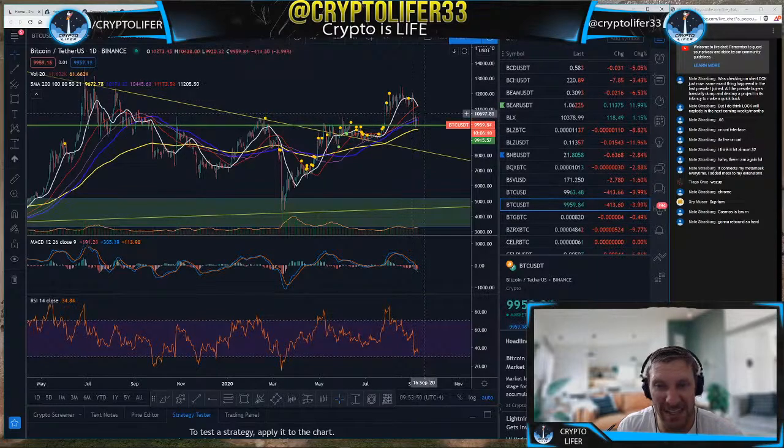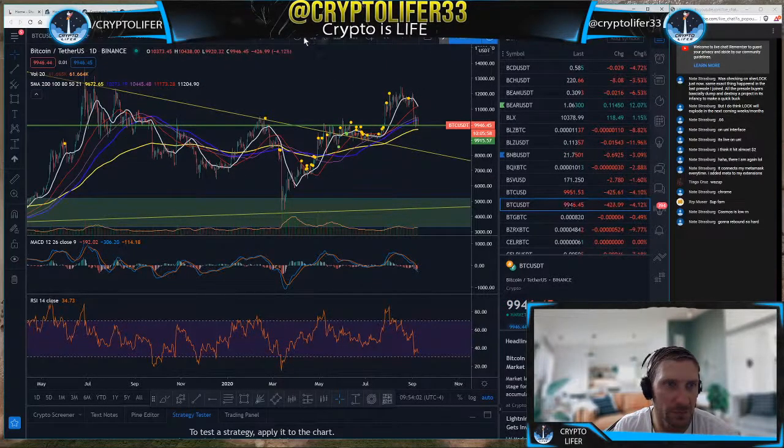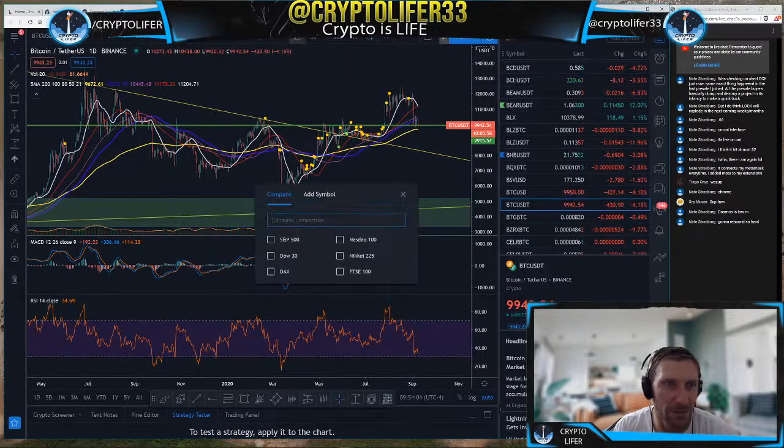And it can be an indication, because it crosses each line first, like it crosses the red line. And what are these? These are my moving averages. If you want to set these up, hit the settings. If you want to set these up, you go up here to